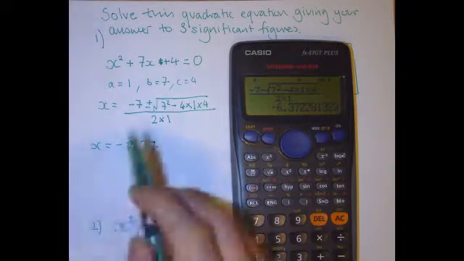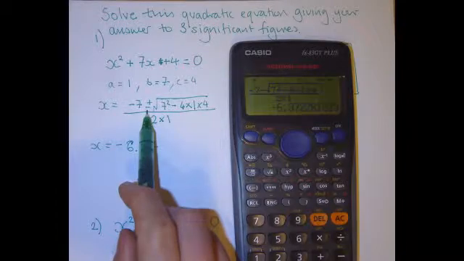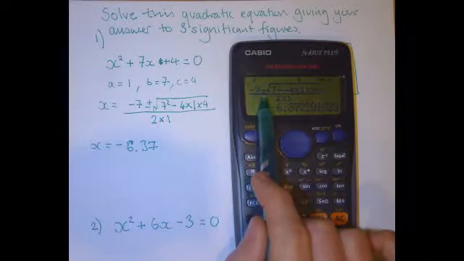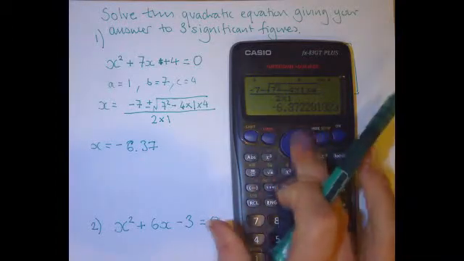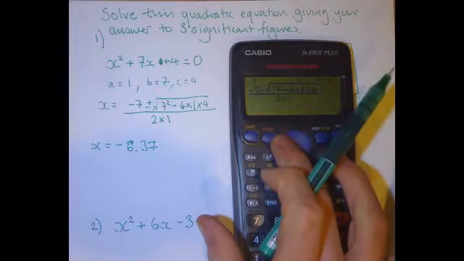Now that's one solution. If you look carefully at the formula, I've got plus or minus because you can take the positive or negative square root. I chose this time around to take the minus. That was probably a mistake. I probably should have done the plus because I always like doing the plus first. It's my normal routine. It doesn't matter which you do, because now you can just go for the replay, go backwards by pressing the up arrow, and now if we just scroll backwards through it, when we get to this point here,